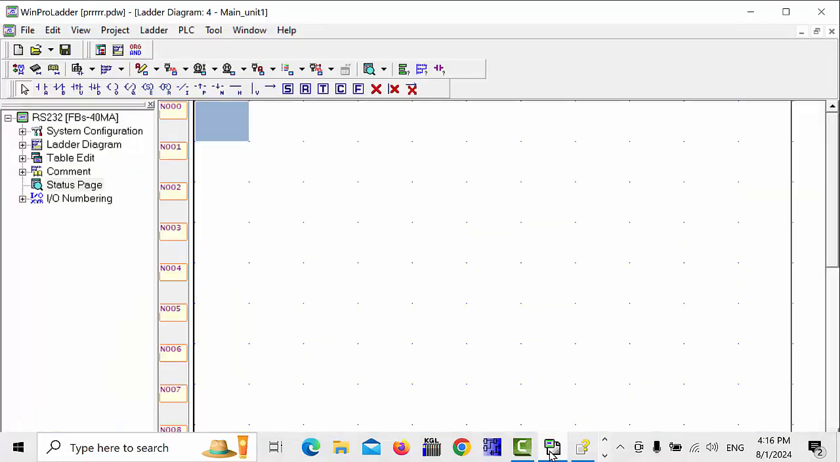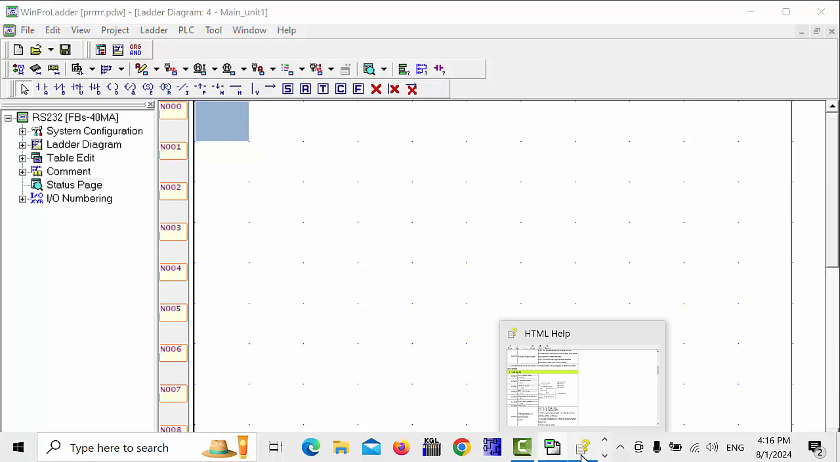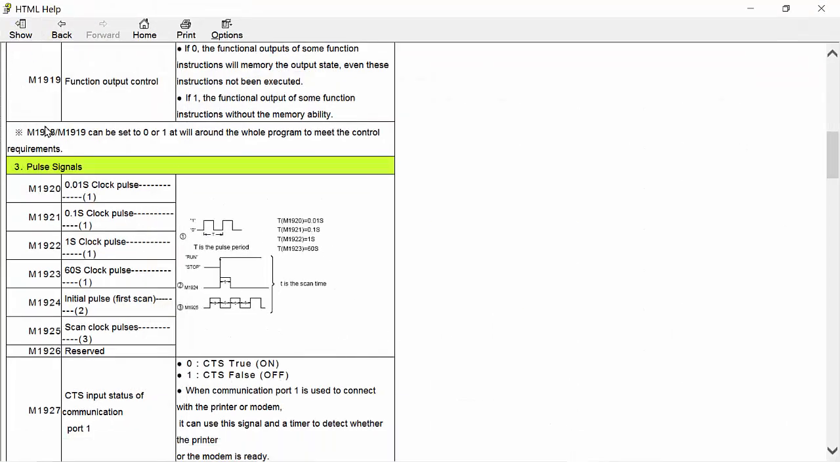So let's get started. First of all, I will introduce you to the manual of our Fatek PLC. There it says pulse signals in chapter number 3. It says